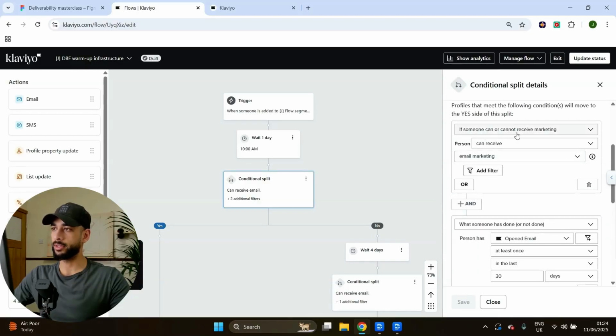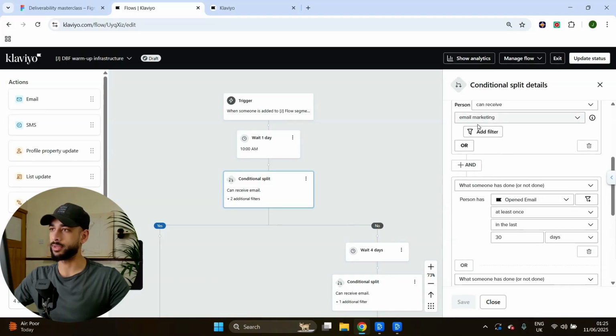So, if someone can or cannot receive marketing. Actually, I'm just going to show you because it's very straightforward. I'm not going to keep saying it every time. I'm just going to say it for the first time. So if someone can or cannot receive marketing, person can receive email marketing,